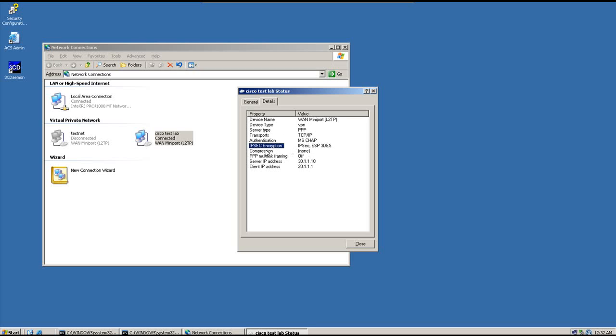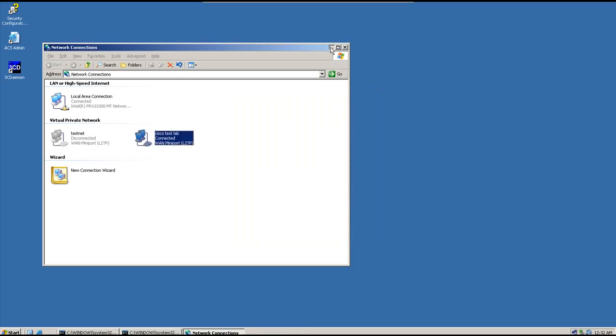VPN client in Windows. The server IP address is 30.1.1.10. This is the IP address of the ASA, and the ASA has assigned an IP of 20.1.1.1 to this client here. So this is our VPN connection, and if you remember correctly, I specified a split tunneling ACL, which basically